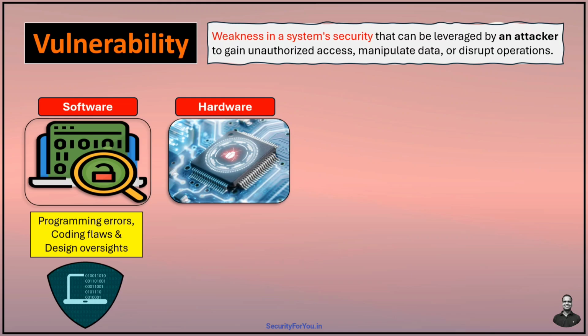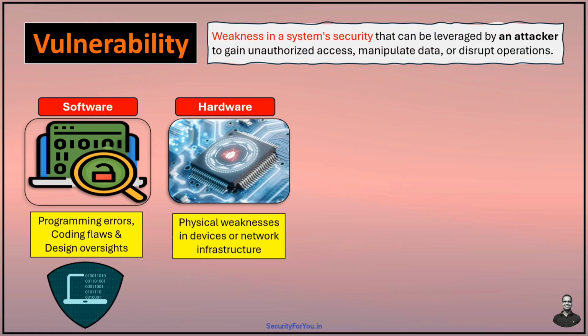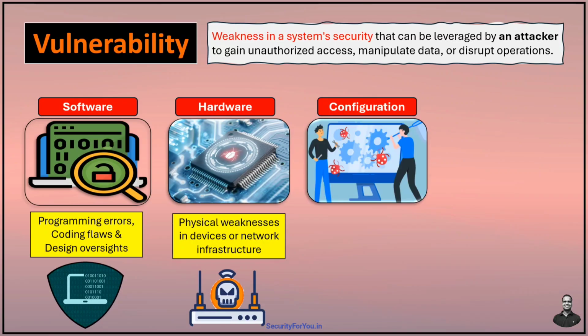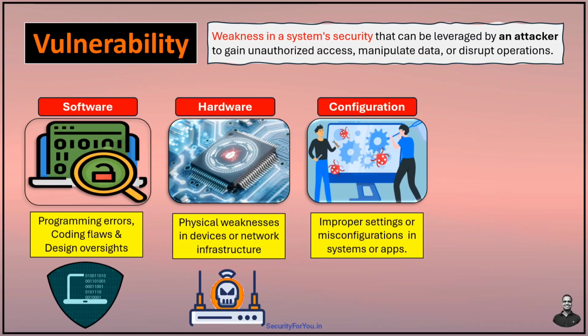Vulnerabilities in hardware include physical weaknesses in devices or network infrastructure that can be exploited for physical access or eavesdropping. For example, a flaw in a router's firmware allows an attacker to remotely inject malicious code or redirect internet traffic. Configuration vulnerabilities are improper settings or misconfigurations in systems or applications that expose vulnerabilities. For example, an open port on a server that shouldn't be accessible from outside the network allows an attacker to